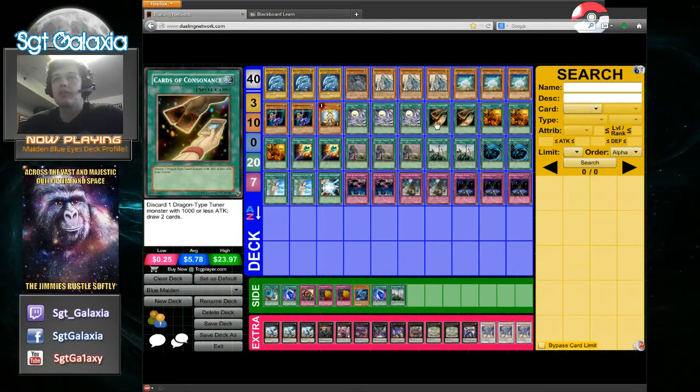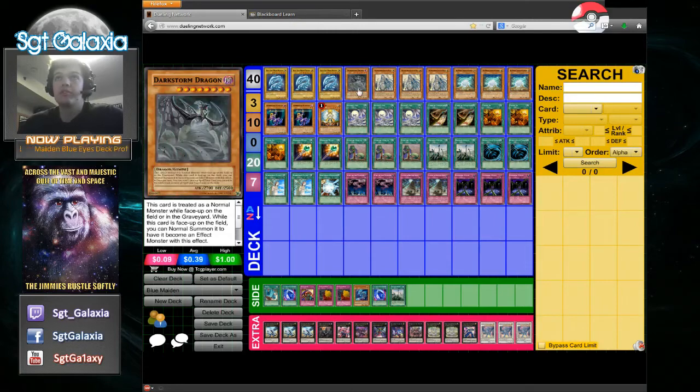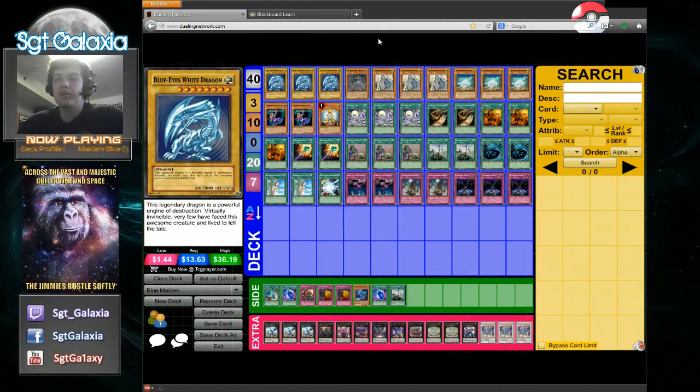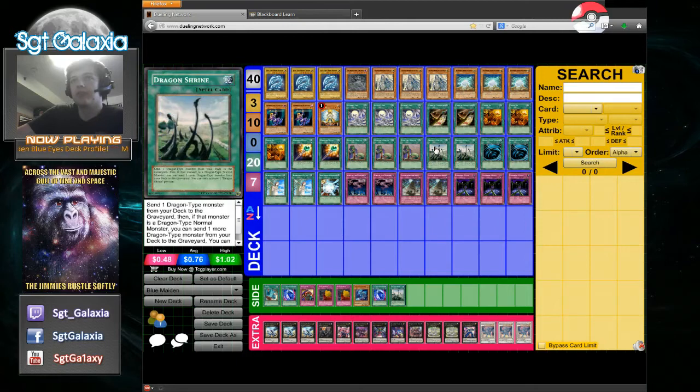I dropped 1 Cards of Consonance because in this deck specifically, if you open up with Shrine, or if you have Shrine, period, you're going to want to first ditch Darkstorm Dragon or a Blue Eyes, but for your first ditch it would definitely be Darkstorm Dragon. Then, since it's a normal, you get to do it again with another dragon, and that's when you send Whitestone of Legend, which then adds a Blue Eyes. So you're basically thinning your deck out by 3 cards, which makes it easier to draw into your combo pieces to go off all in one turn. And that's why you run 2 Cards of Consonance, because you're going to be ditching a lot of Whitestones in the grave as soon as you have either this card or